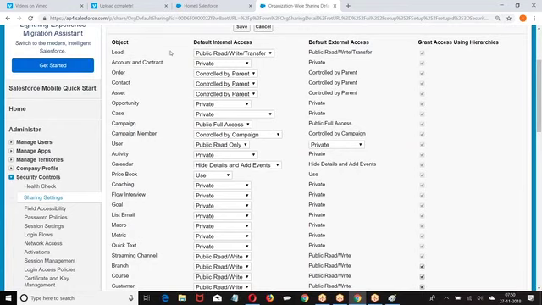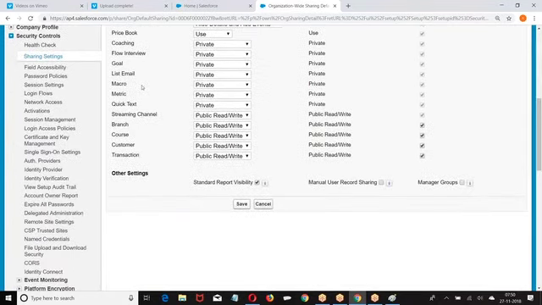Now let us go to this OWD. Here we have the course object. What are you finding here? Public read write.